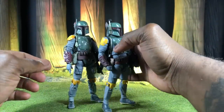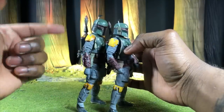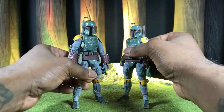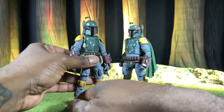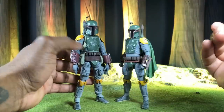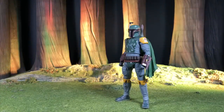One more thing that the Mayfix has that the SHF doesn't is the wires coming out of the arm, which is a pretty cool addition as well. So there's little things like that that, depending on what you're aiming for, pique your interest, and that's how you pick and choose. Now, let's get him out of here and let's talk about how he stacks up with other Star Wars stuff